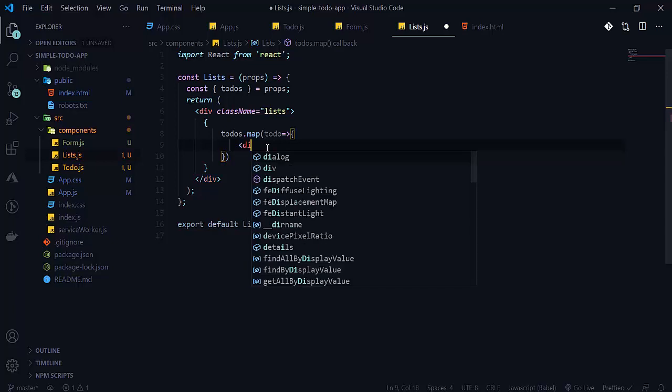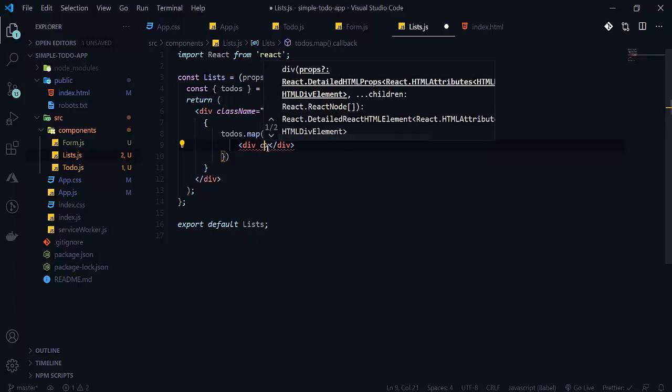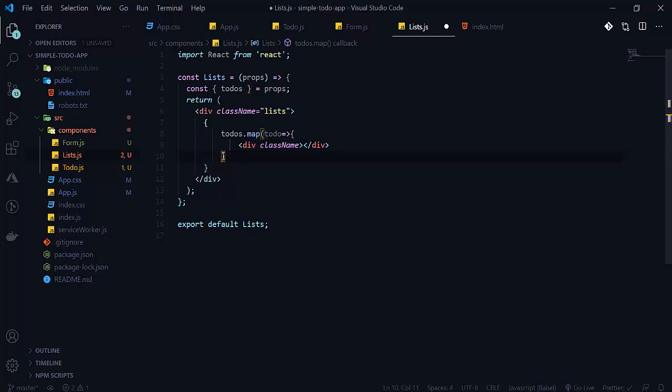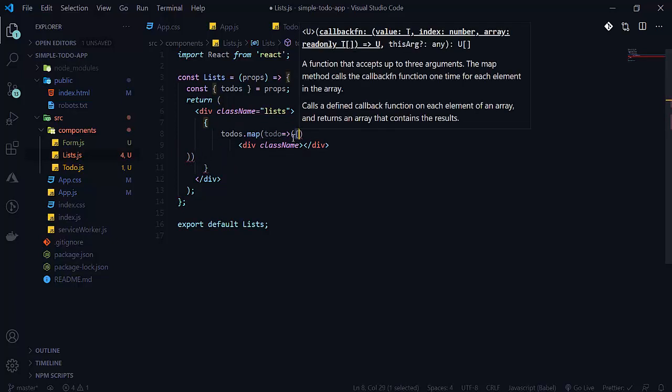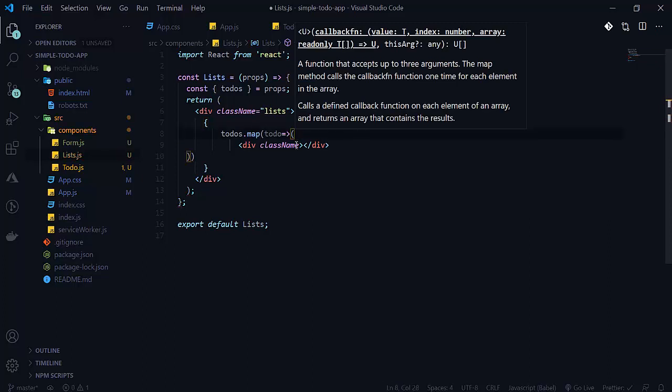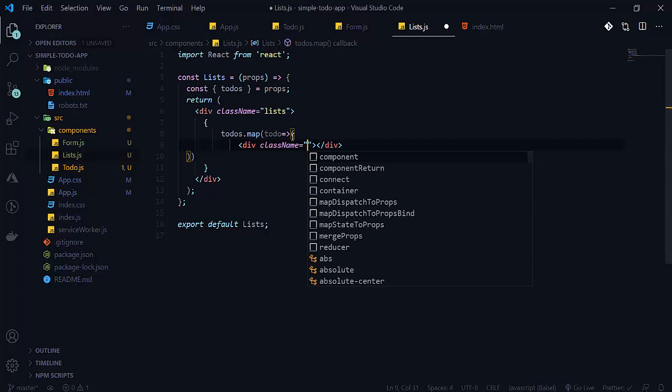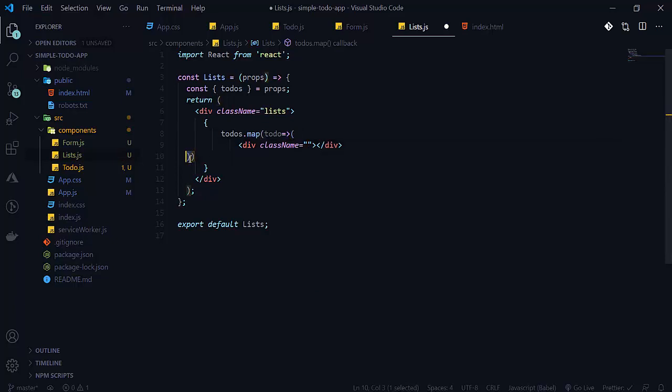First of all, let's just create our div here. We will return here, so that's why I will be using parentheses, not curly braces. Here className is equal to, so this is also known as an implicit return. You do not have to write the return keyword here for that.